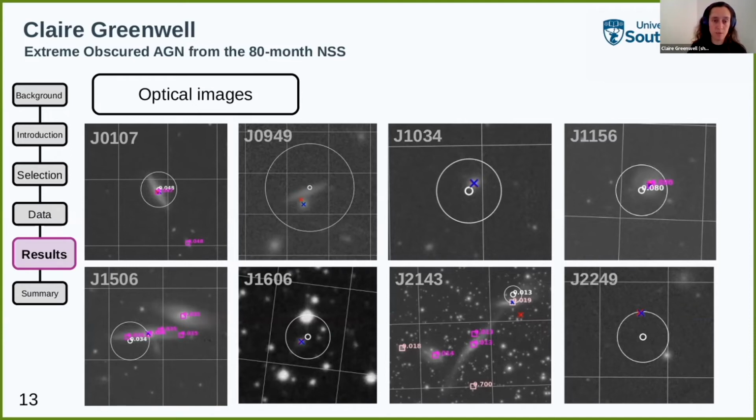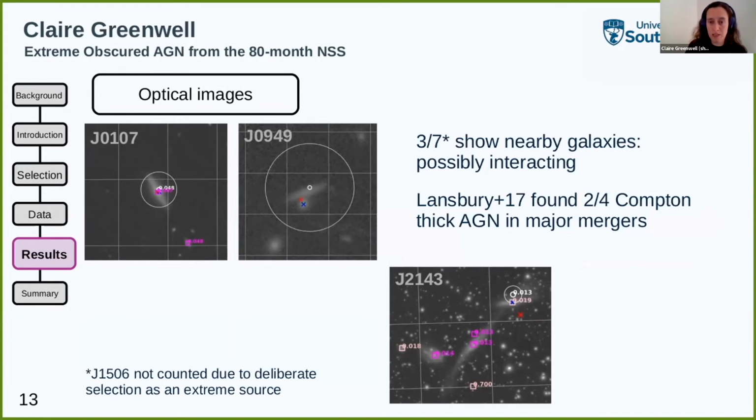So we can see that some of these appear to be, so yeah, Claudio in his review a bit earlier talked about early and late mergers, and some of these look like they might be interacting. They at least have nearby galaxies. I don't know if I'd say that they're in late mergers, probably more like early, but so far 3 of these 7 are possibly interacting, and in the previous one,